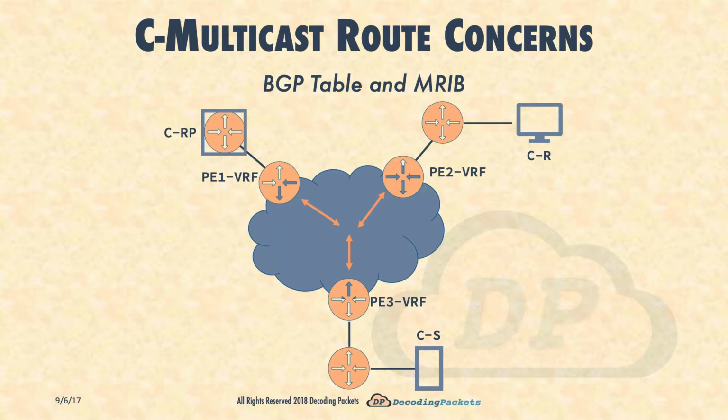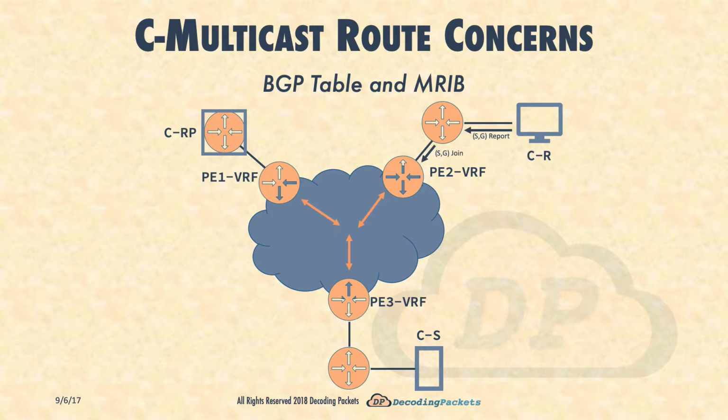Once again, the CR starts things off by sending an IGMP v3 SSM membership report to its local PIM DR. The PIM DR creates a state in its MRIB and then creates a PIM join to send upstream. But the source IP in this join would be CS because the join is an SSM join and the source is known. This time, the DR looks up the RPF neighbor for the CS's IP address and sends a PIM